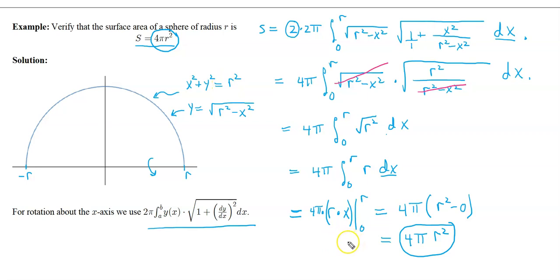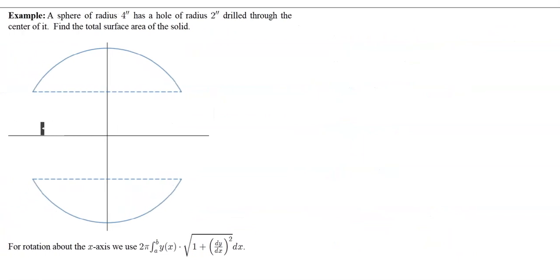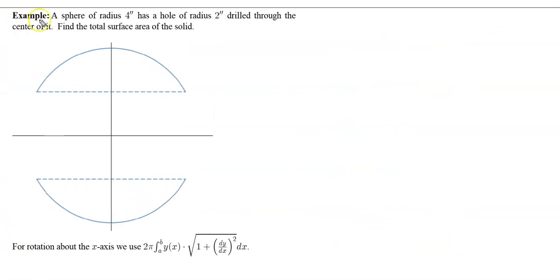And let's take a look at one more example. Now for this example, we're going to take a sphere of radius 4 inches and drill a hole of radius 2 inches through the center of it. Then we want to find the total surface area